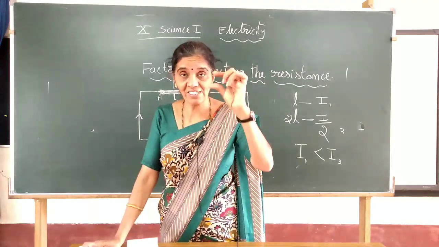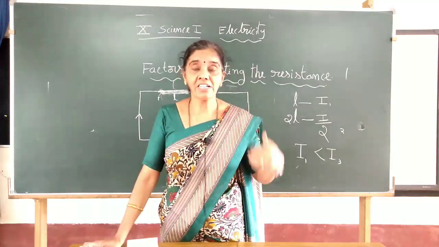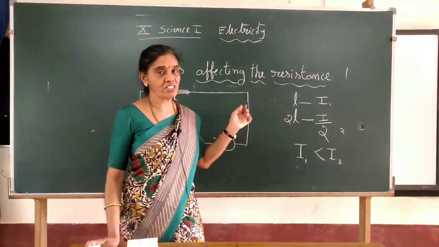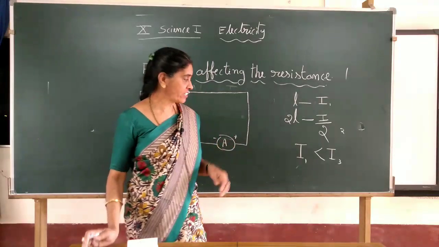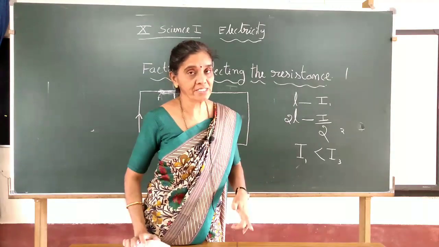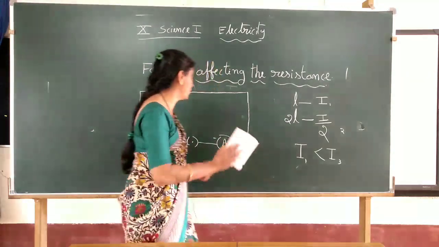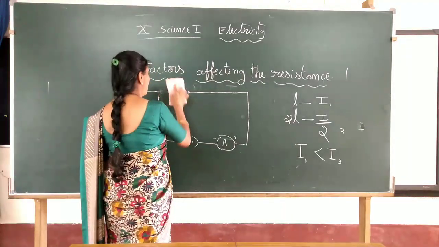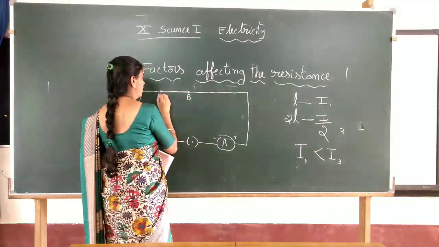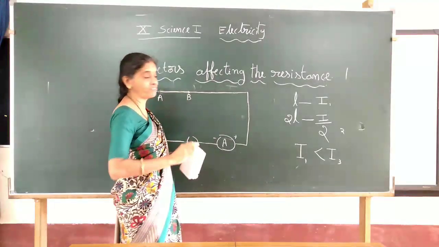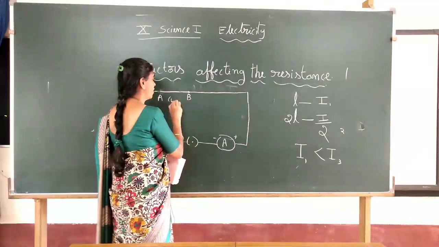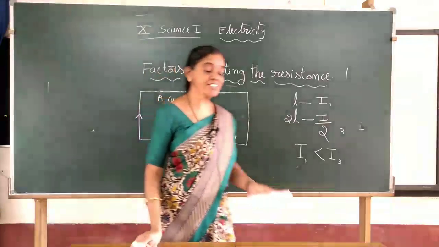When you increase the thickness of the conducting material, the current flowing through it is also found to be increased compared to the first one, which is a very thin wire. And lastly, take the same thickness and same length but a different material. Take the same length, say L units, whatever you have taken, and the same thickness as the first stage, but now take a copper wire and see the current.